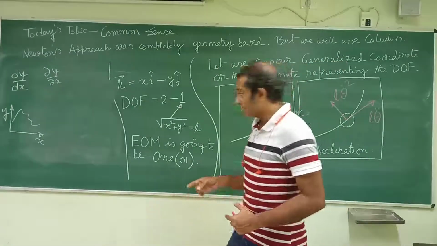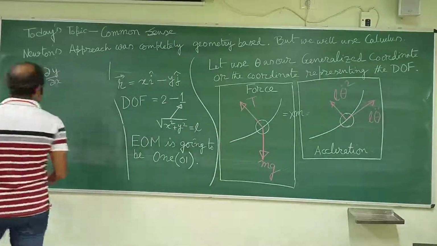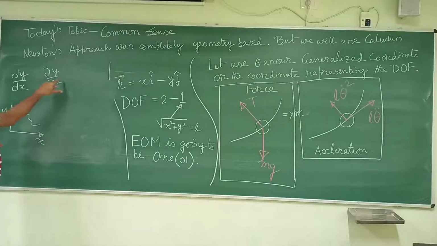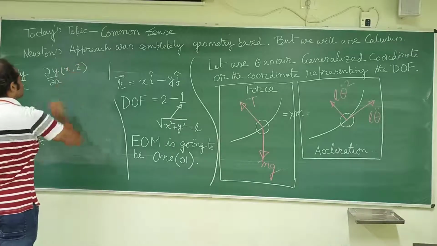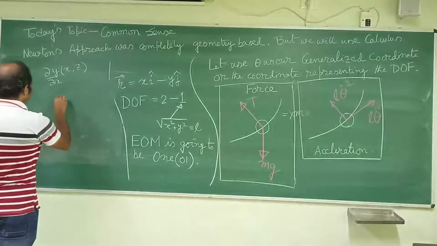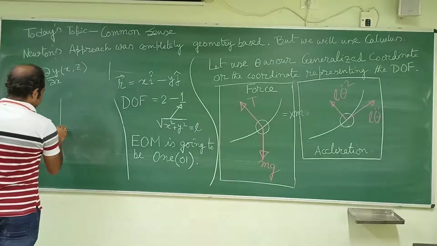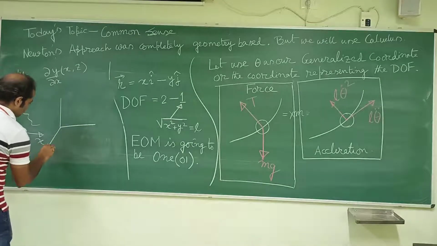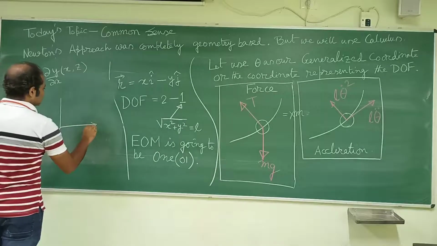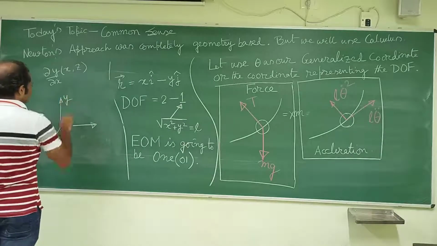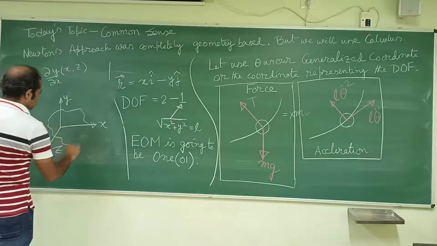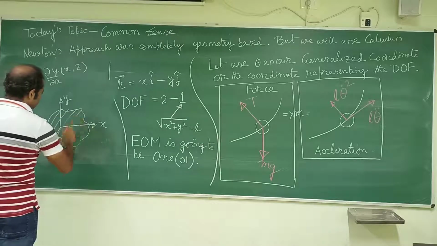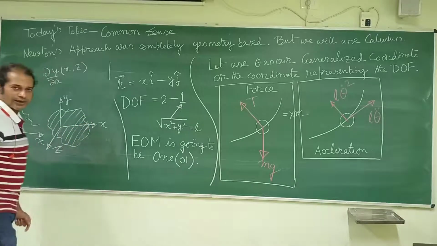It means the partial derivative of y with respect to x. It is implying that y is a function of x, and there exists another function. Let's say y is a function of both x and z. So instead of one independent variable, you are having two. Your y is the dependent variable. Let's say it is y, and this is x, and this is z, and you are going to get a surface. Let's denote it through a surface, right?